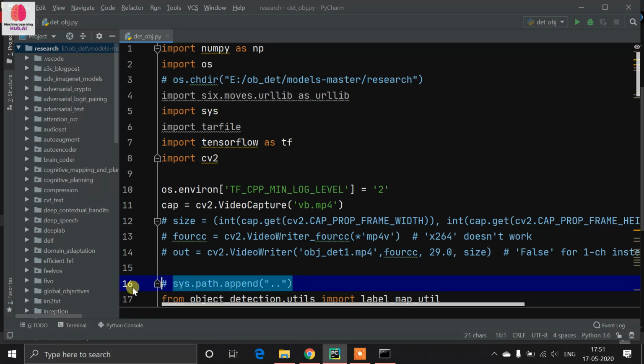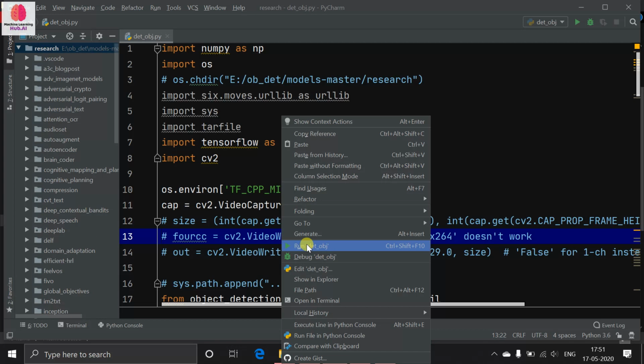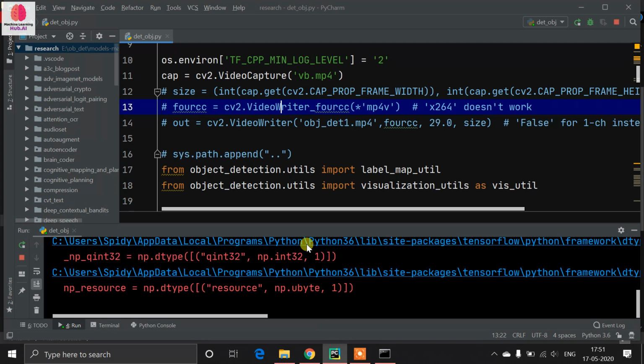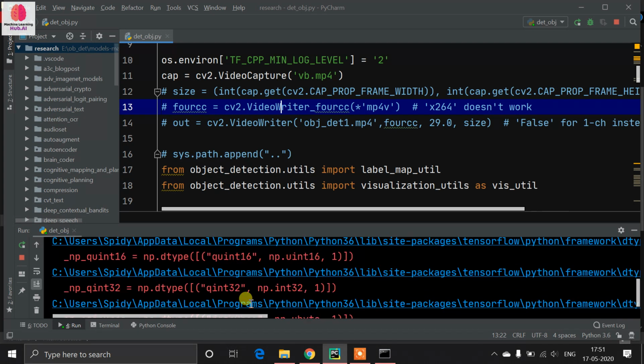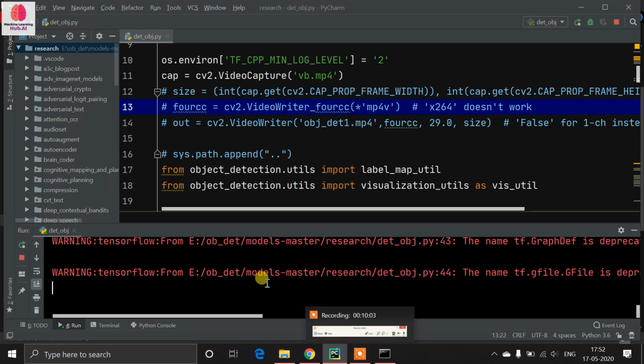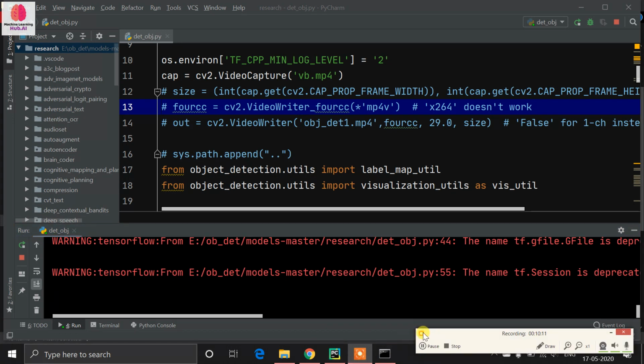Okay, so it's time for running. TensorFlow 2 is not supporting object detection, I don't know why. When you run, it will show some warnings. So guys, don't worry about this. It will obviously show some kind of warning. It will also take some time. So guys, be patient. Actually my screen is recording, that's why it has become slow, so you just have to wait for it.